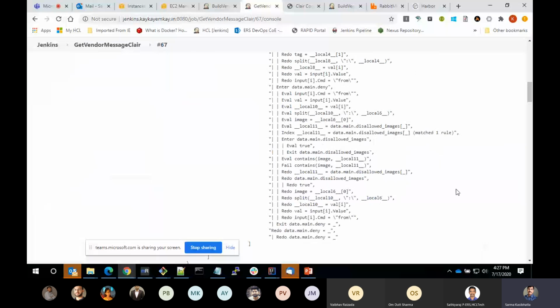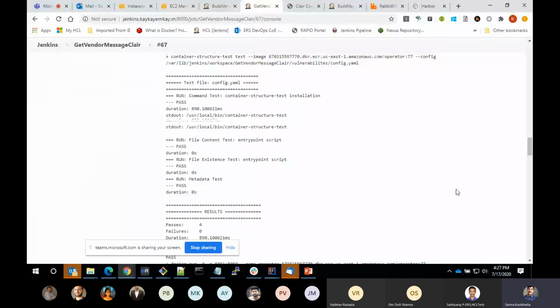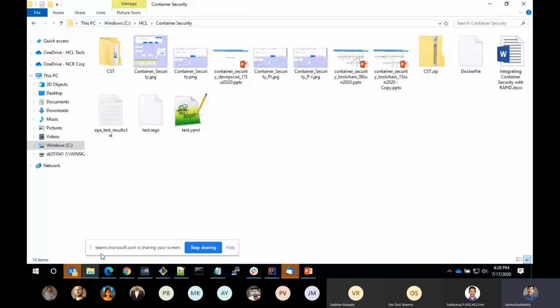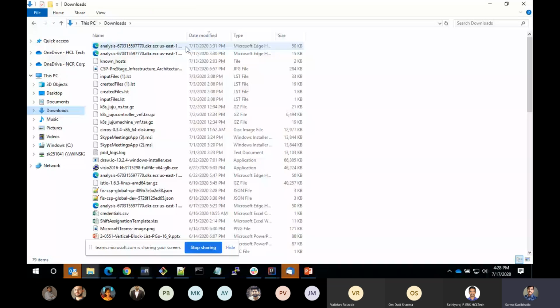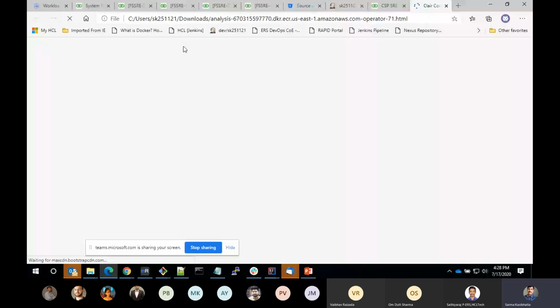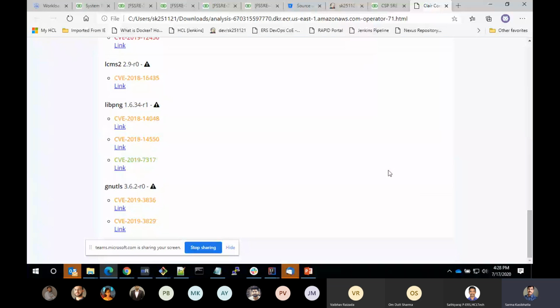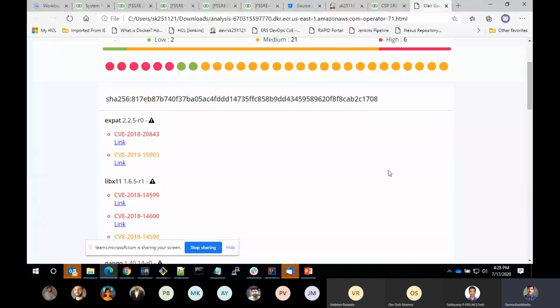Let me show you a sample report, which will show you the number of vulnerabilities, and you can check whether the fixes are available or not.